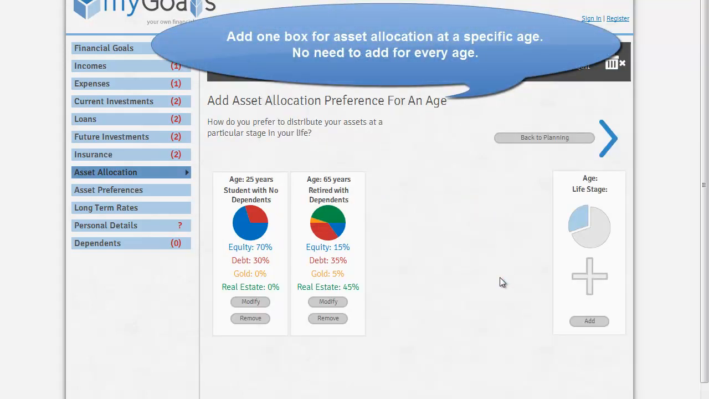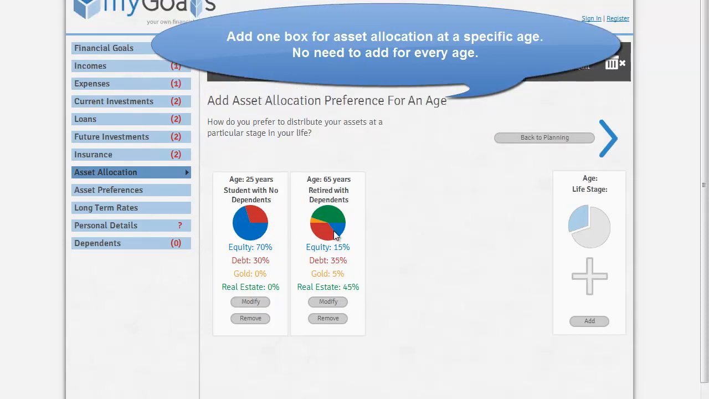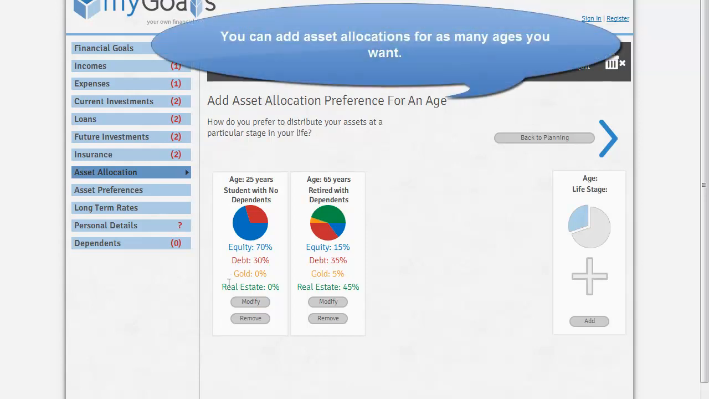So on a blank plan, what you will see here are two endpoints that have been defined, one at age 25 and the other at age 65. What age 25 tells you is that you are interested in investing 70% of your savings in equity related investments, 30% in debt, and 0% in either gold or real estate. As you grow older, you would want to take lesser risk, and by the time you are 65 years old, you say that you want to invest 15% in equity, 35% in debt, 5% in gold, and the remaining in